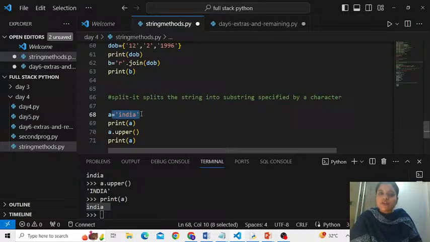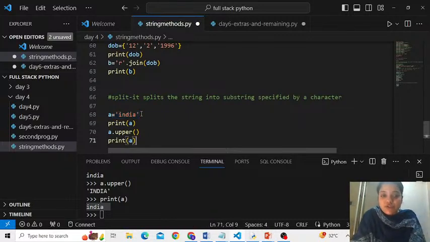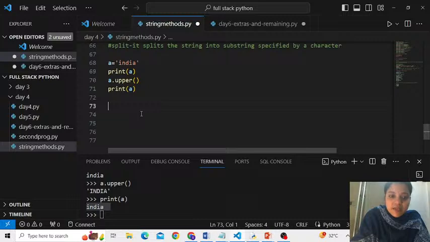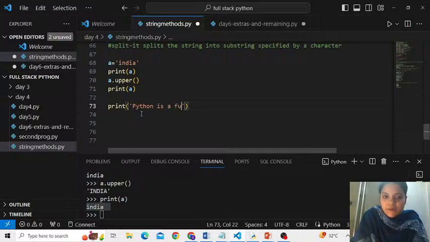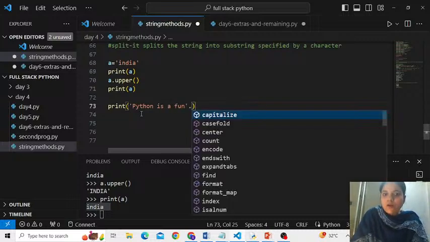One last function from the string module I will discuss, and then we stop the topic of string here. And that is the replace function. In fact, it's a very simple function to understand. Say this is my string, Python is fun.